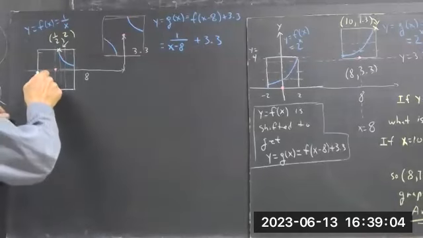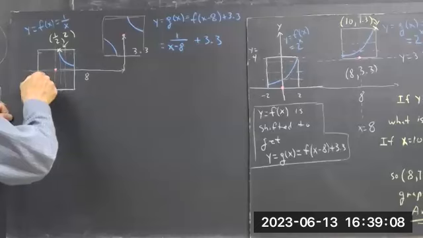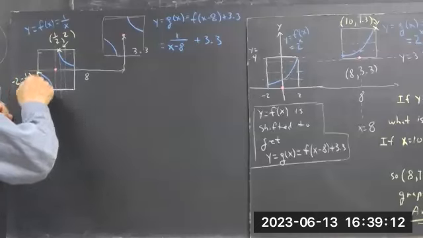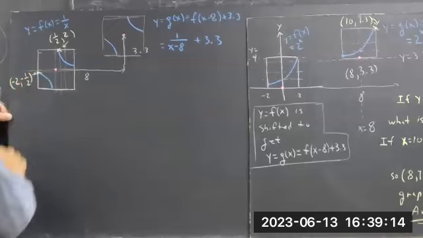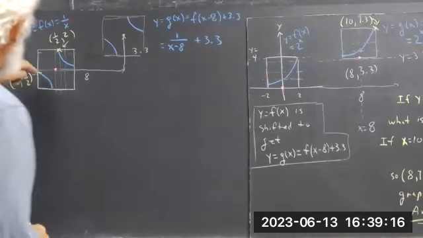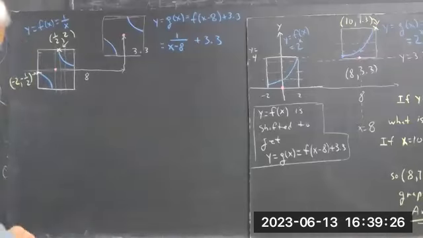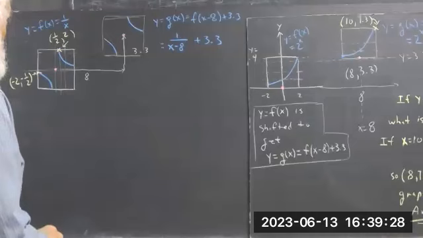Let's do the point (-2, -1/2), which is drawn particularly accurately on this graph. But we know the point (-2, -1/2) has to be on the graph. Okay. All right, well,